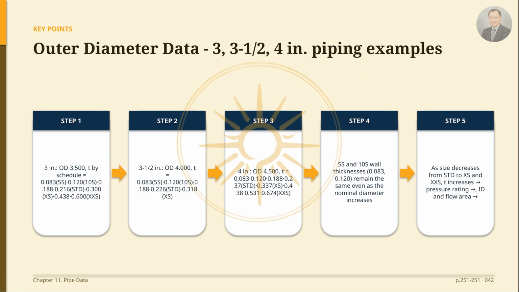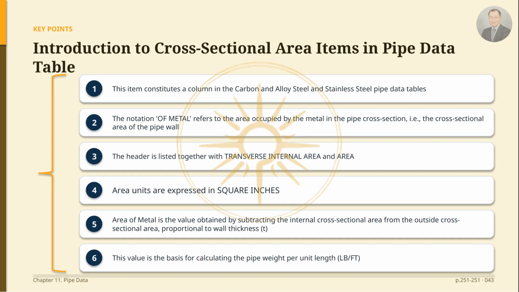Since the remaining detailed figures vary by design condition, please first verify the outside diameter of the corresponding nominal diameter in the table, and then refer to the wall thickness value of the required schedule to calculate the inside diameter and flow area. Now, I would like to introduce the item representing the metal cross-sectional area in the piping data